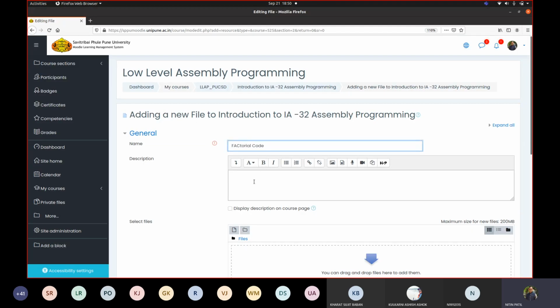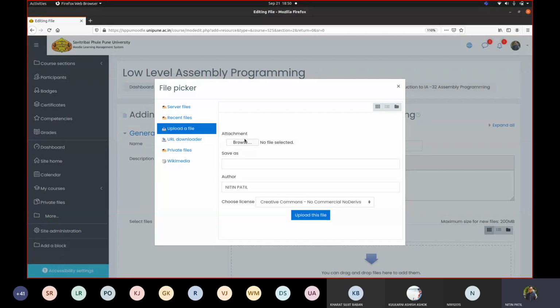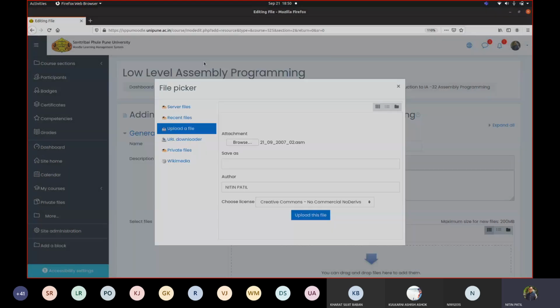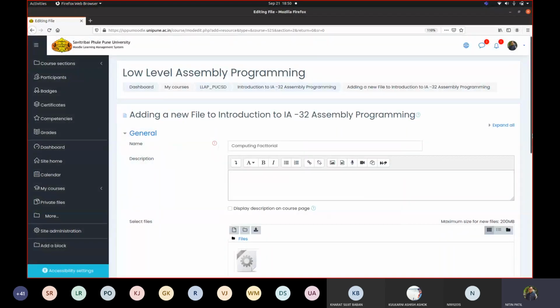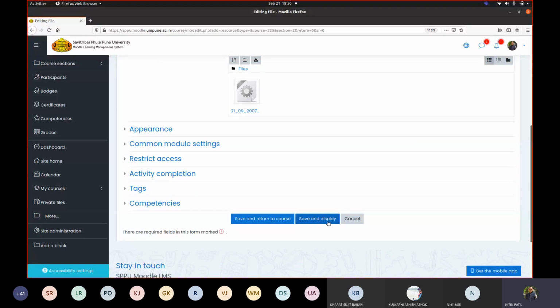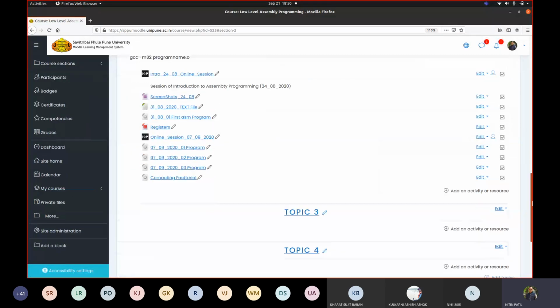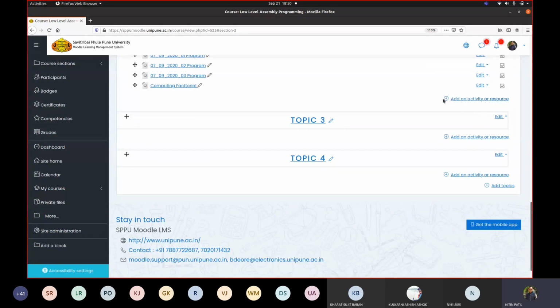I'm adding the code on factorial, but you can use till that time on WhatsApp the code that was added by me. I have added the code. You can refer the code. On Moodle, I'm adding assignment now, which is a classwork.